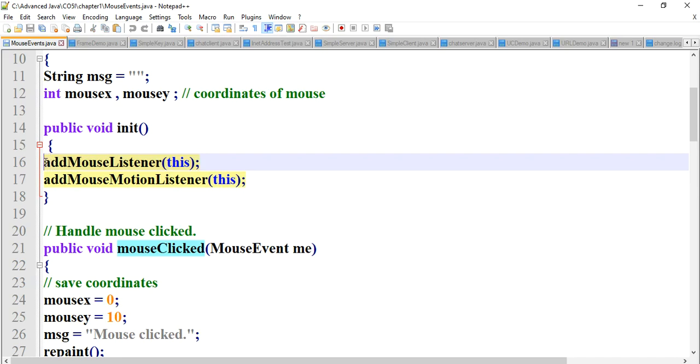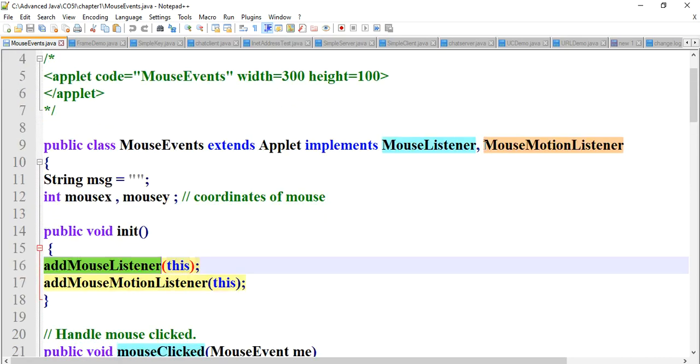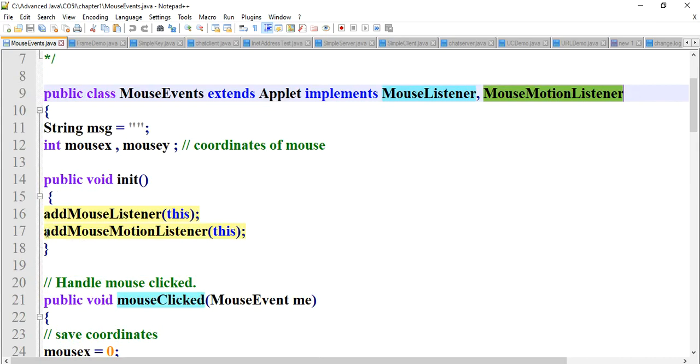These are methods, so you have to write them in small letters. Since we are using mouse listener, we write addMouseListener, and for the second listener, addMouseMotionListener, with this inside the brackets. So these two lines are called registration of listeners.